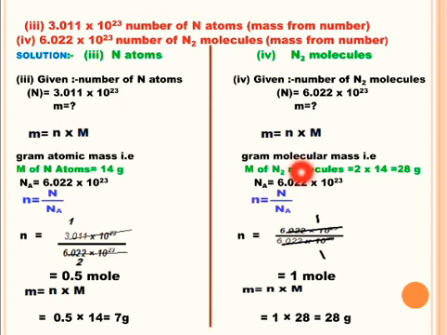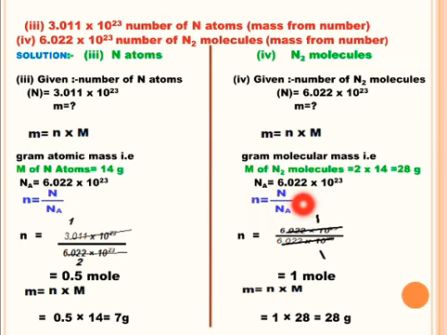And we can get the value of capital M from the molecular mass of N2, that is gram molecular mass, by multiplying the number of nitrogen atoms with its atomic mass. There are 2 atoms of nitrogen, as we have calculated earlier also. 2 nitrogen atoms are multiplied by its atomic mass 14. So gram molecular mass, that is the value of M, comes out to be 28 grams. We know the value of Avogadro number, that is 6.022 × 10^23.